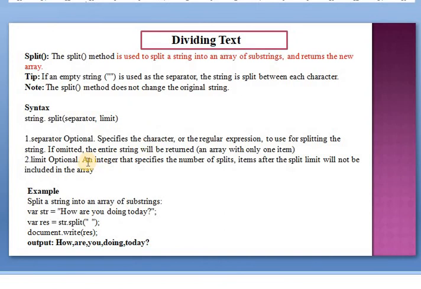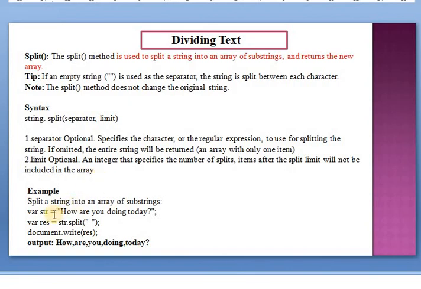If omitted, the entire string will be returned as an array with only one element. And the limit is also an optional integer parameter that specifies the number of splits, and the elements after the split limit will not be included in the array.